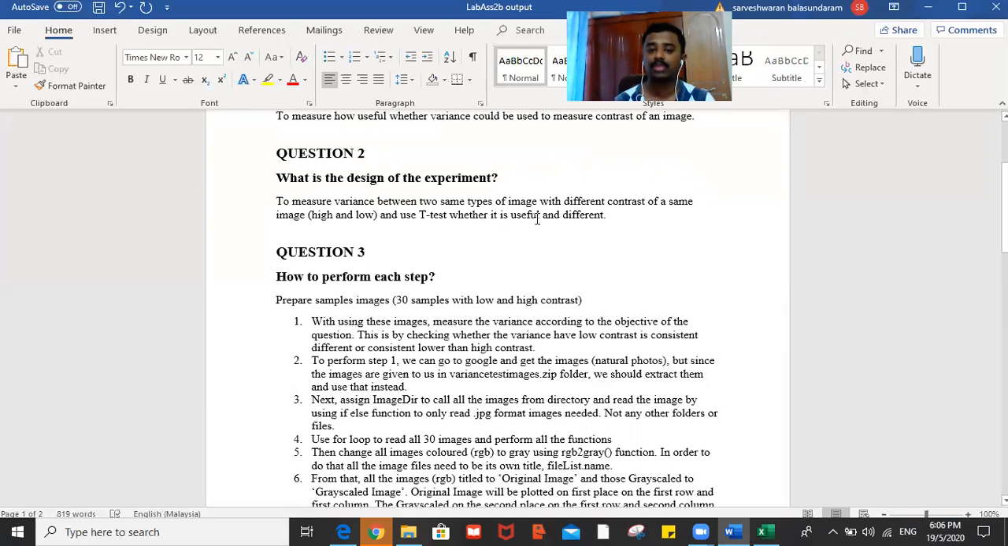We're going to use that, and we're going to see whether using variance is useful or not. So basically we're going to see whether variance is useful in terms of checking the contrast or not. So that is what the design is